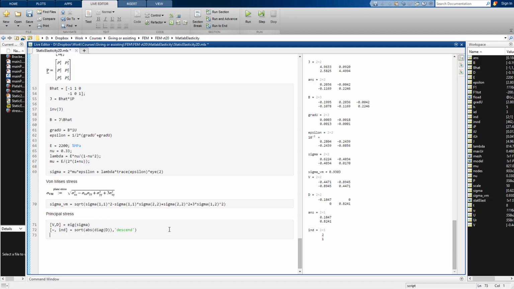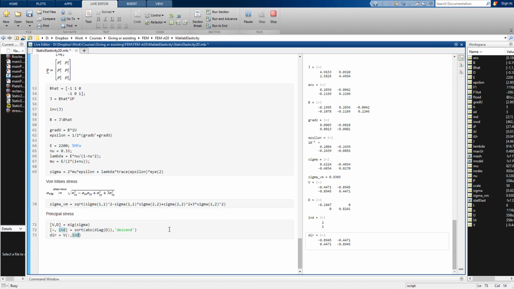And I can now say that we have the directions V and this int, I believe, on this side. So we have the first direction here, so this is our original directions, this and this, and now we just take this first. So this is our first direction, this is our second direction, as we can see here,